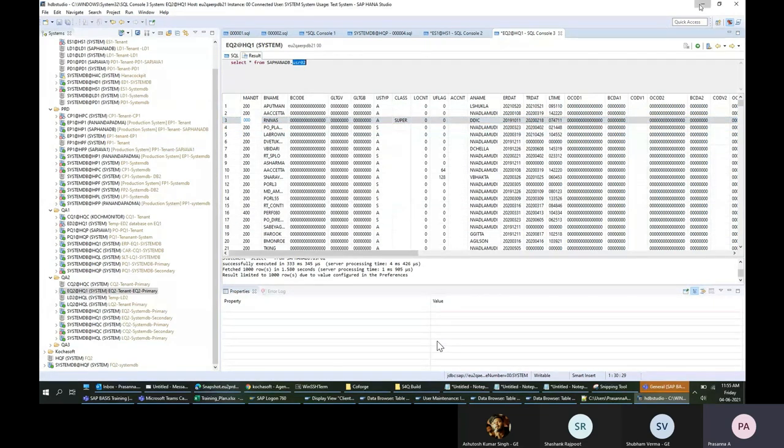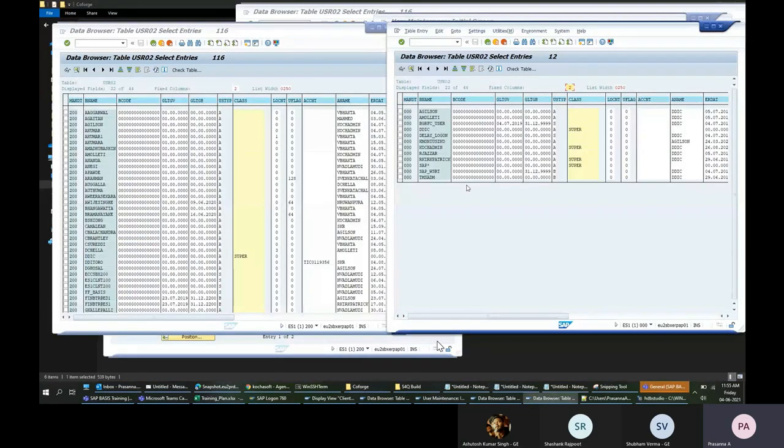But at the SAP level, for client 200 you see only the data related to 200. Similarly, for triple zero, you see data only related to the triple zero client. This is why I told you it's like an individual business entity. You don't see the data in some other client.